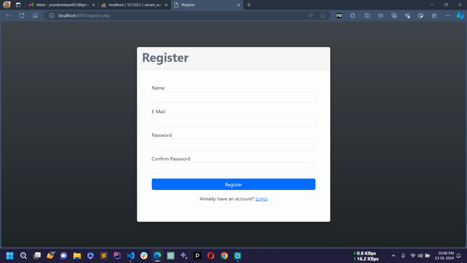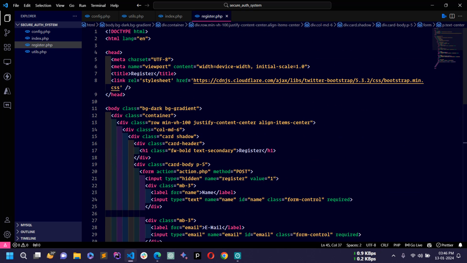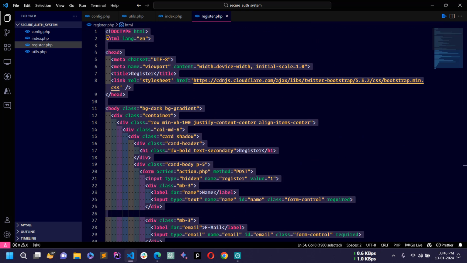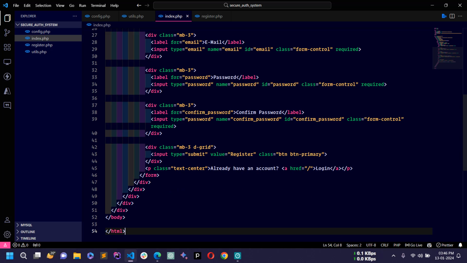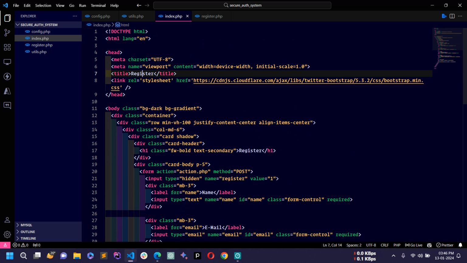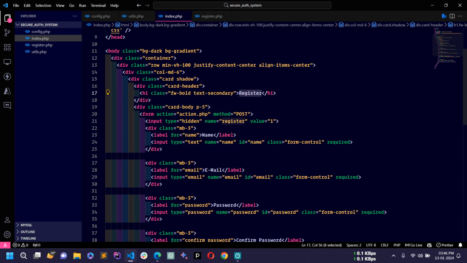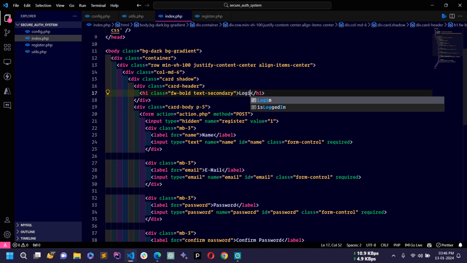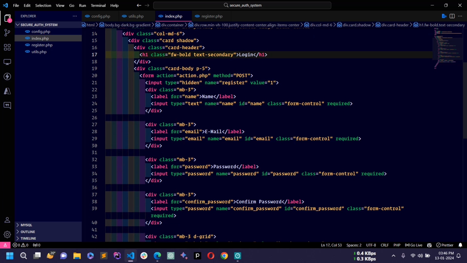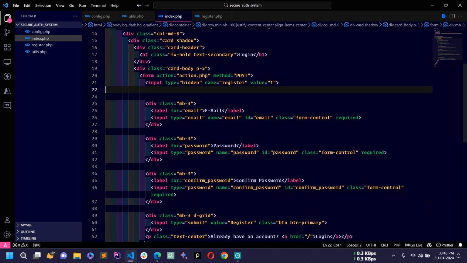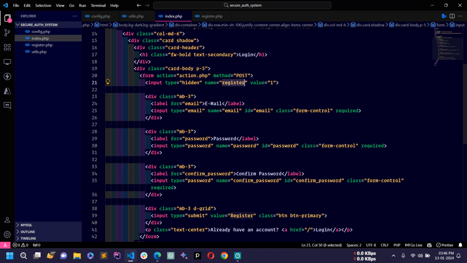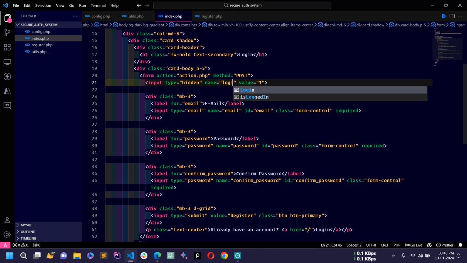Okay, now if you go to the browser and refresh, then you can see already have an account, and if I click on this login, then you can see we are redirected to this home page. Okay, so let's quickly design the login page also. So I'm just going to copy all the code of register.php page and go to this index.php page and paste. Now here what I will do is I will just change the title to login, and here the heading of the card to login, and I will not use this name. Okay, so just remove this one, and instead of this name is equal to register I will use login,